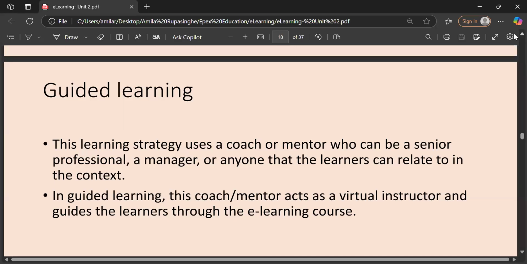Now, this is e-learning, online learning, so this guide or mentor is also a virtual instructor, right? Not a physical instructor, an online instructor. However, if they have at least an online instructor for their guidance, it will be easy for them, right? Now, after I teach you, I ask you to do some self-work, to find some details, information, right? So at that time, if you have a mentor, if you have some guide, you can get the guidance. It will be easy. Guided learning we use in online learning.